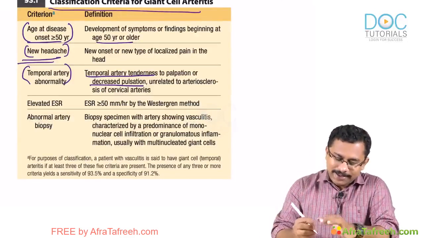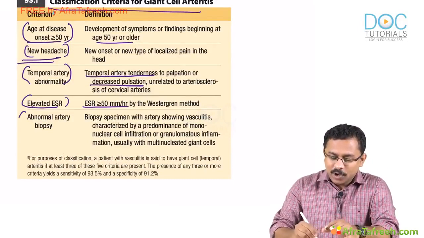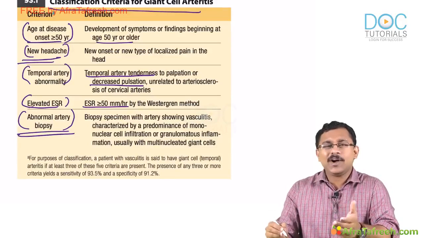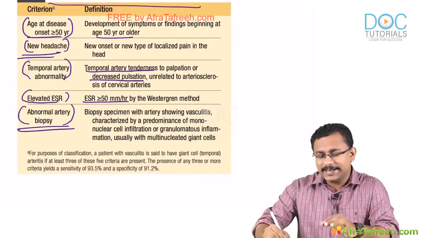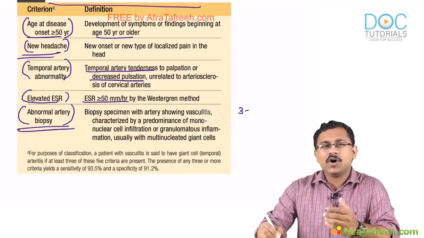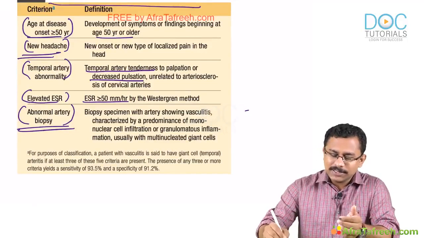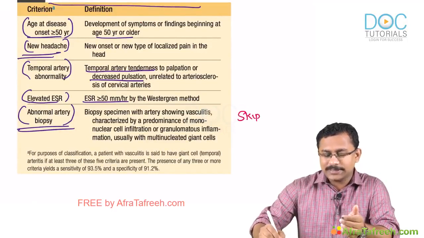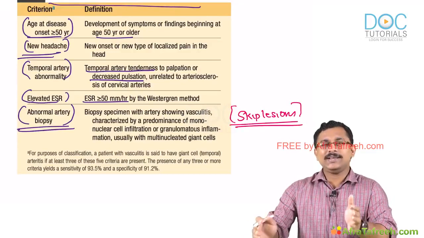Okay, and elevated ESR, which is again another important finding, and abnormal biopsy. That again is very important. Now, when you take a biopsy in case of giant cell arteritis, it is always necessary that you take a long specimen, because there is always a chance of skip lesions to develop in giant cell arteritis, which means